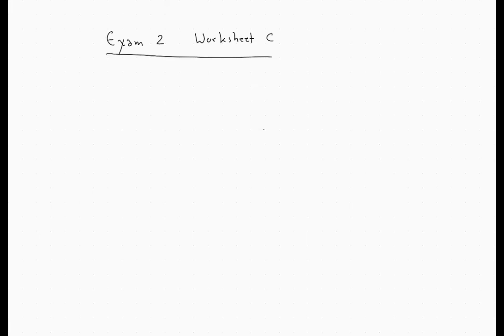Okay, so we would like to solve the problems of worksheet C for exam 2. And we start with the first problem where we're given the function f of x, y equal to ln of x minus y cubed. And we would like to compute the directional derivative in the direction of the vector 1 over square root of 2, 1 over square root of 2 of f at the point (9, 2), which means that what we want to compute is